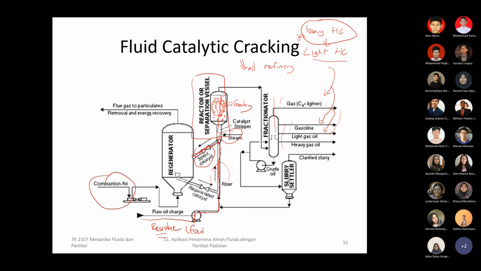Here we call it the spent catalyst. That means the catalyst is layered by coke and other impurities from the reaction, and it's almost deactivated. When it's almost deactivated, we send it to the regenerator. Then you put in combustion air and burn the coke in the regenerator to produce flue gas, that means CO2 plus H2O. But here we focus on the particle. The particle now becomes activated, so it's ready to be used as a regenerated catalyst.